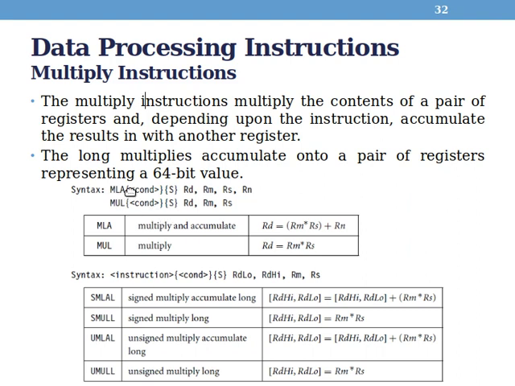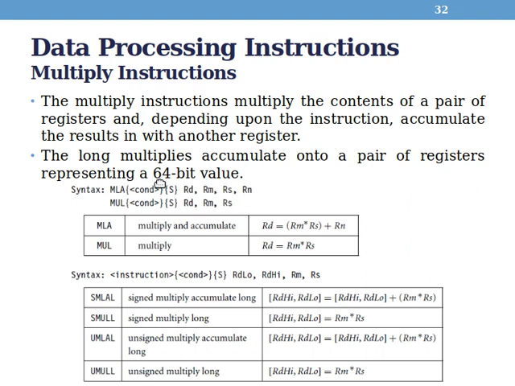The syntax is pretty much the same. Multiplication happens between two numbers, so you can see there are two numbers here, RS and RM. In multiply and accumulate there are four operands, because you need to accumulate the result. Whereas in a normal multiply instruction, that is MUL, there are only three registers: two for the operands and another one for the product. RD is for the product. Let's say RM is 5 and RS is 5, just a random number. 5 into 5 is 25, and 25 is stored in RD. That is the example for the multiply instruction.